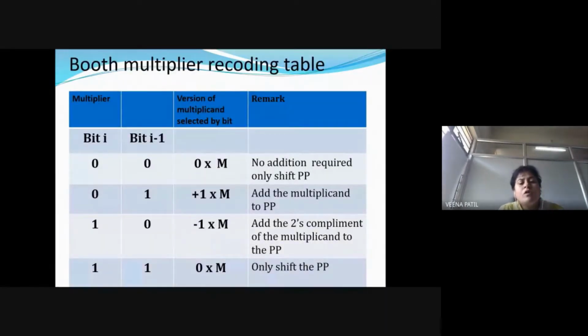First of all, what you people have to do is take your pen and start plotting this table. Then only you'll understand what Booth's algorithm actually means. Please take a pen and paper. Draw this table, please. Are you people listening to me?